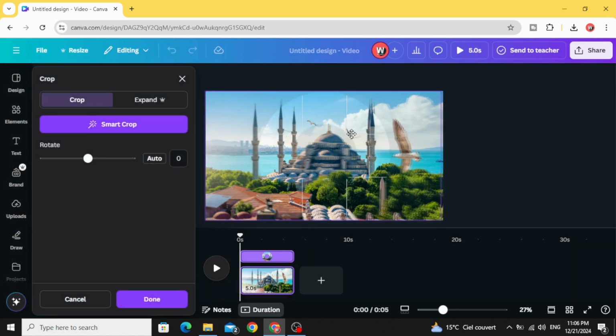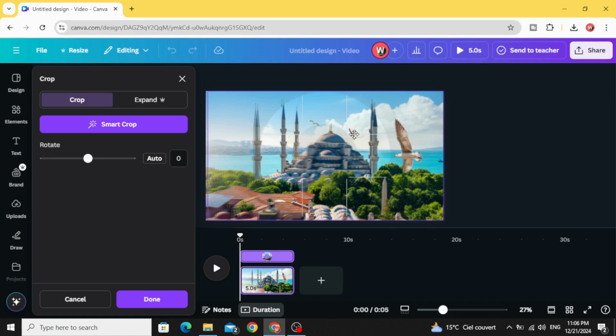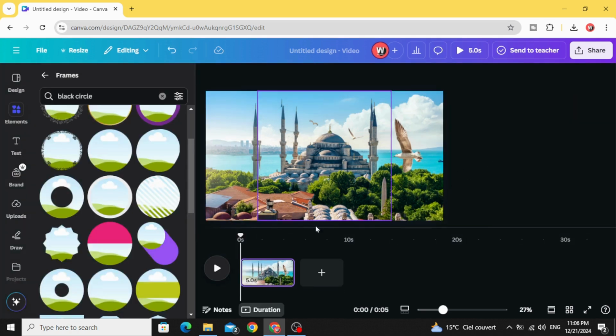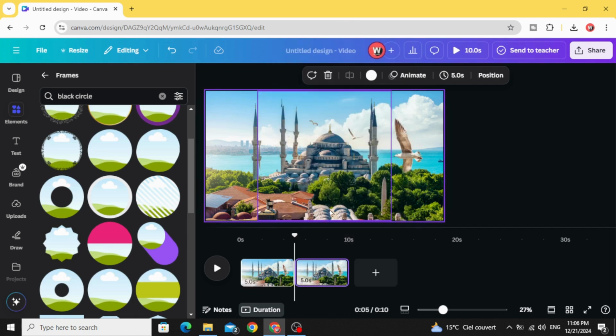Double click inside the frame and make sure you place the image on the first one. Click done and duplicate this page. Go to the first one,